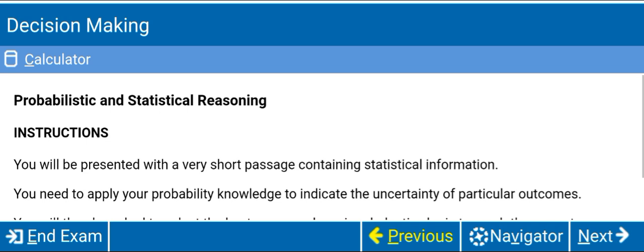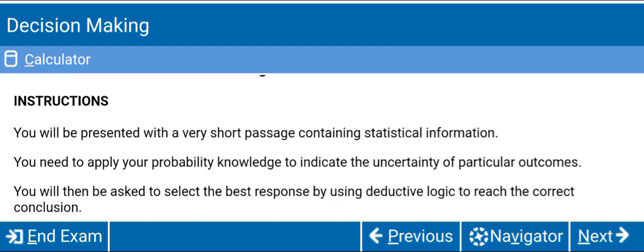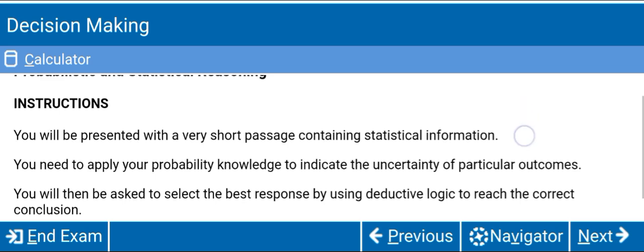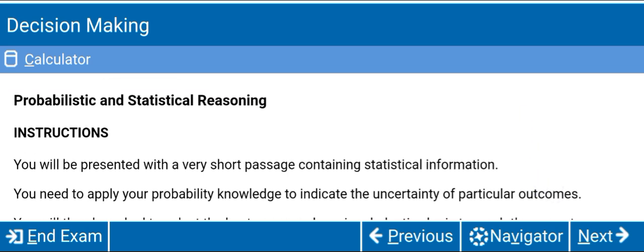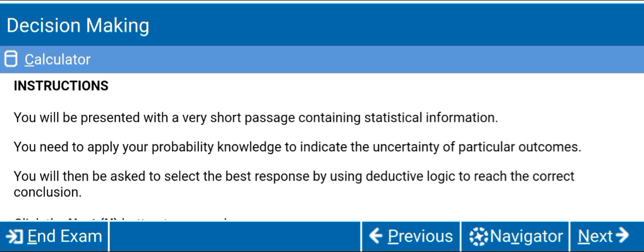So the type that we're going to practice today is probabilistic and statistical reasoning. First we're going to read some instructions for this type, and then we will practice the questions for probabilistic and statistical reasoning. So the instructions are: